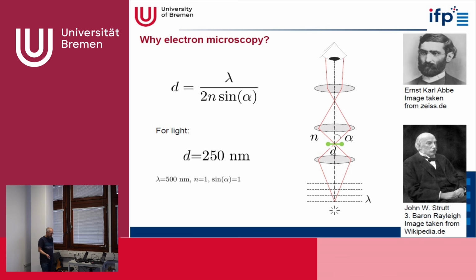So when we want to see smaller things, we have to change something. The refractive index n is typically something like 1, or maybe 10 at maximum. So this is still quite small, and we cannot do a lot by changing n. We can also change this angle, but the sine restricts this also to a maximum of 1. So the way we need to go is the wavelength.